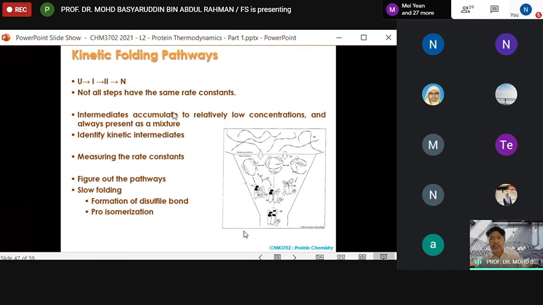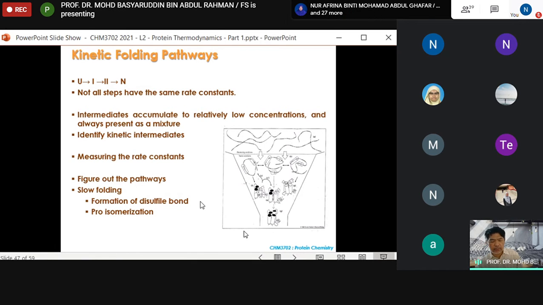The intermediates also accumulate at different concentrations, but they only need a low concentration. Of course, in detail, they identify the kinetic intermediates, and we can measure the rate constant before it gives you the final part. Whether it's fast or slow folding depends on